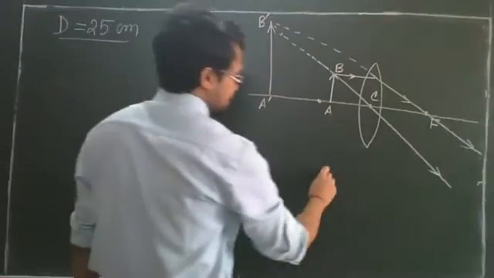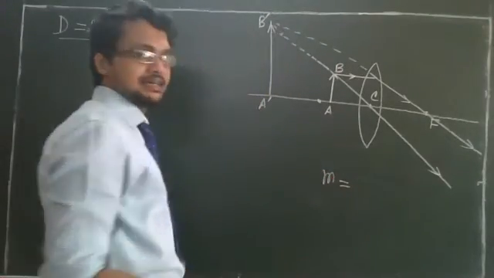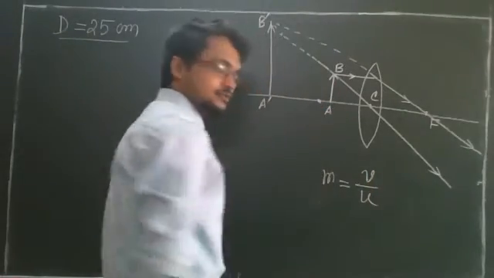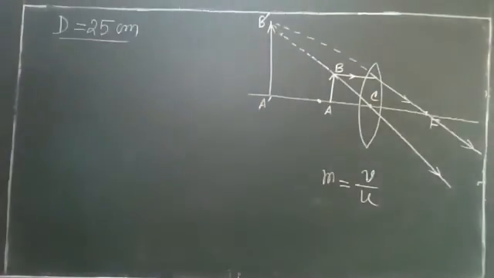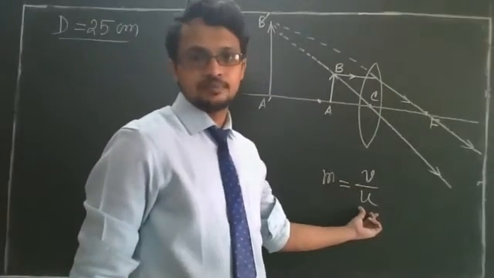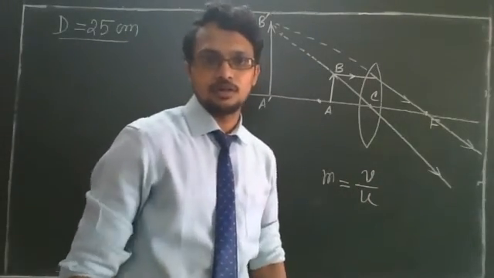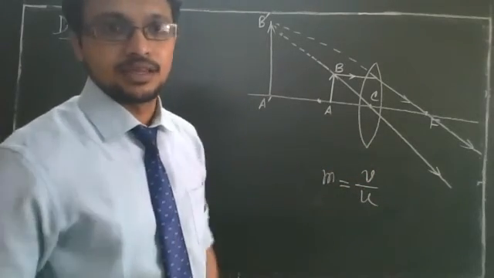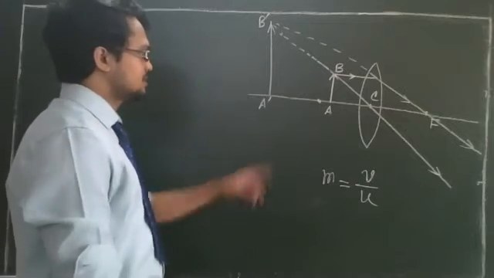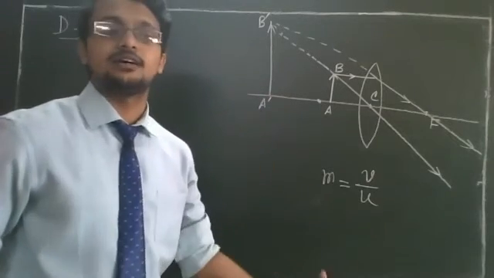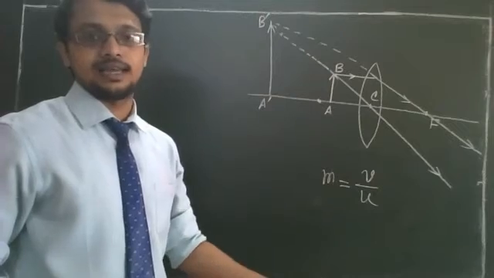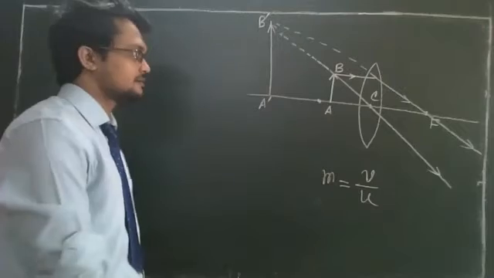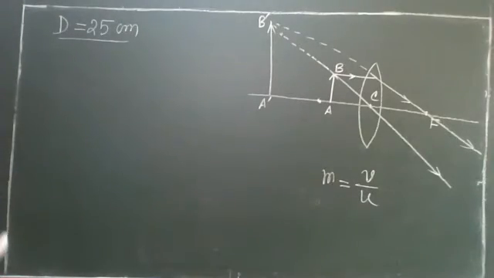You know the formula of magnification, M equal to what? For a lens, it is V by U, right? Now, you can measure U. Can you measure V? If you do not know the focal length, can you measure V using a scale? You cannot measure V because the image will be formed behind the object, and a scale will not reach behind the object. So here we have to think another way.